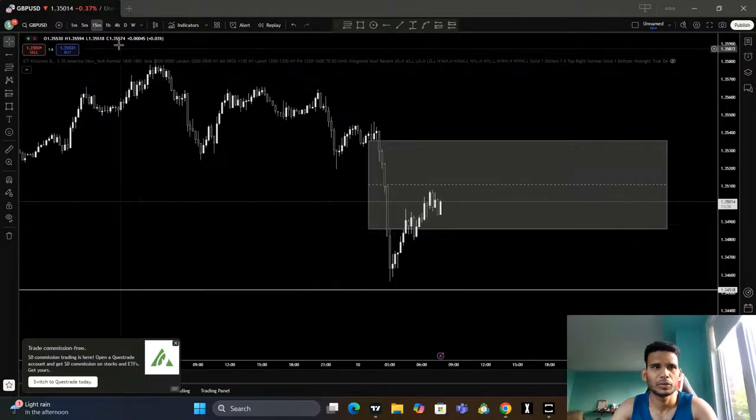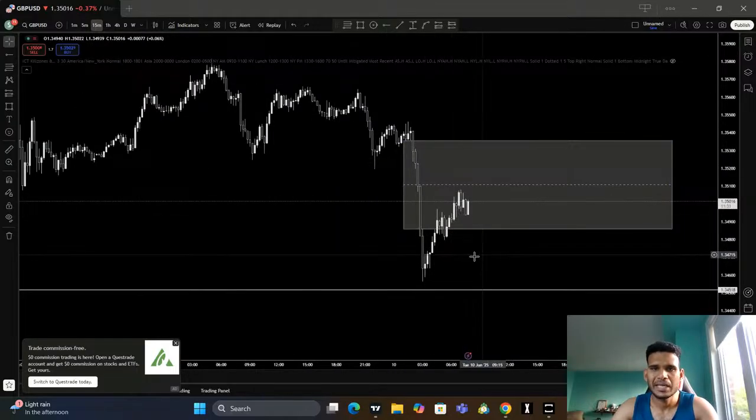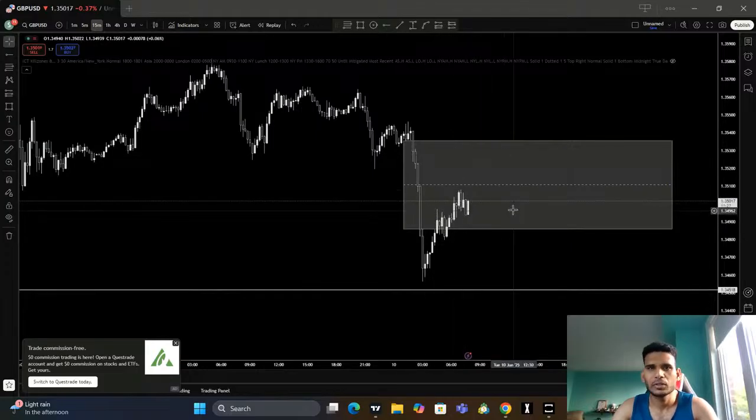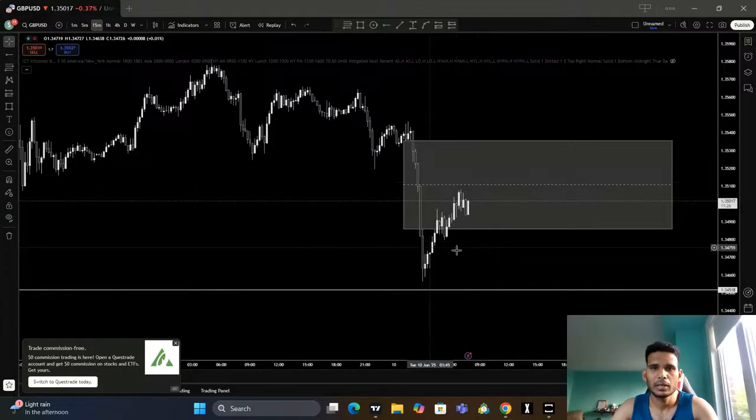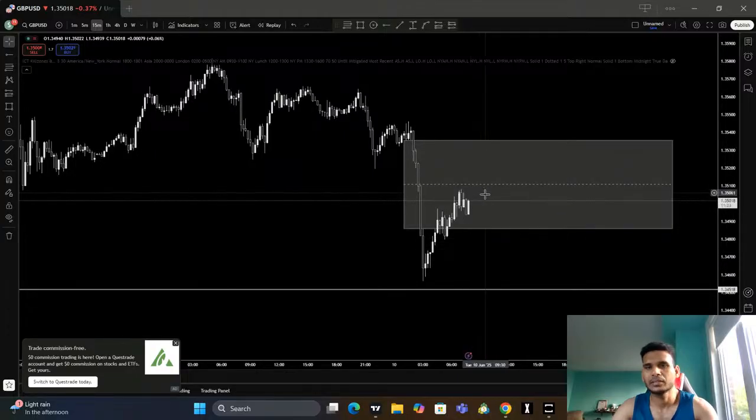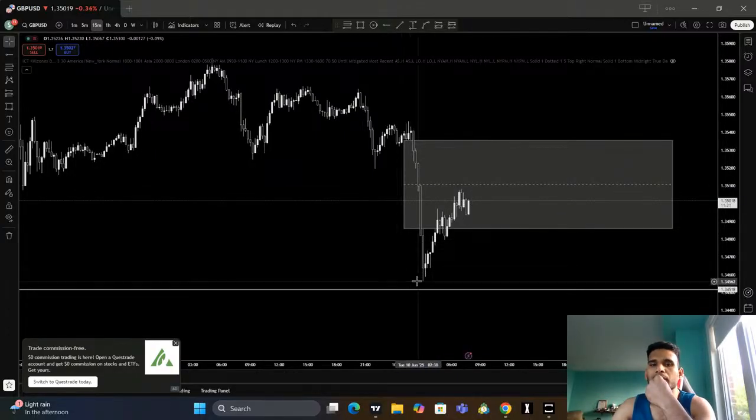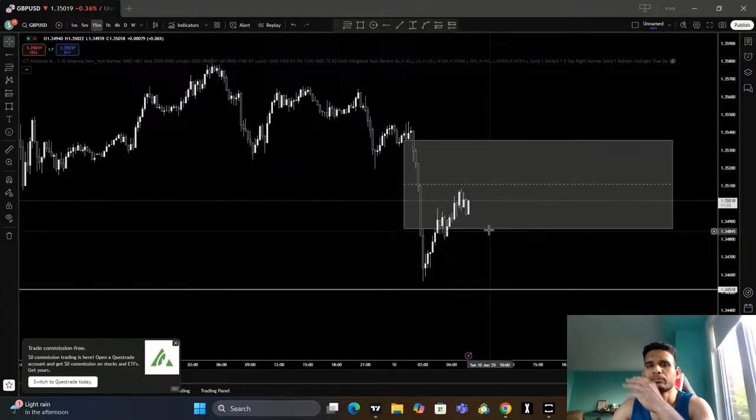I don't know when it's going to reverse its direction. I'm just watching the price action. So I'd like to see price form some sort of structure and validate my sell model, and then I can short today and target this low. This is going to be the entire game plan for today.